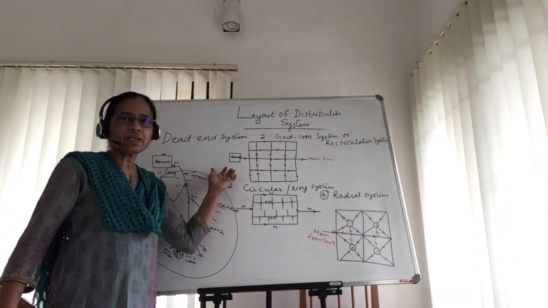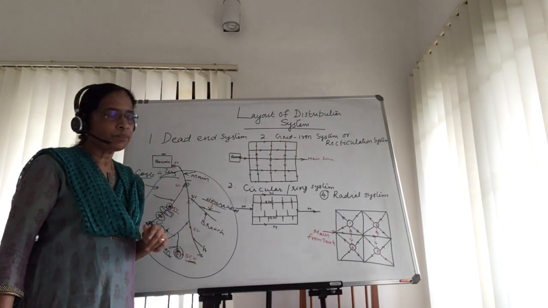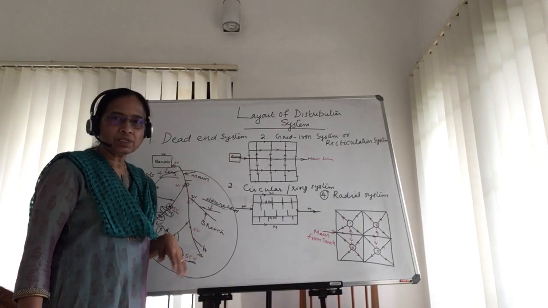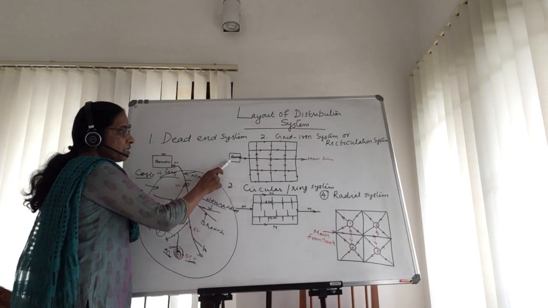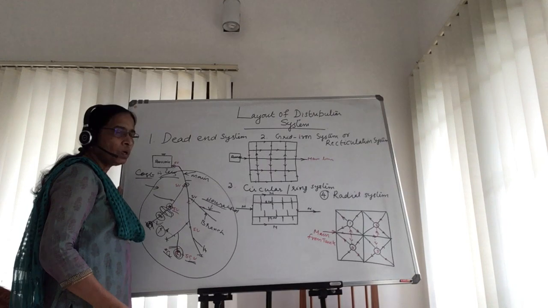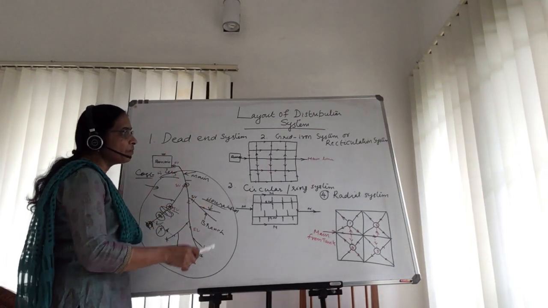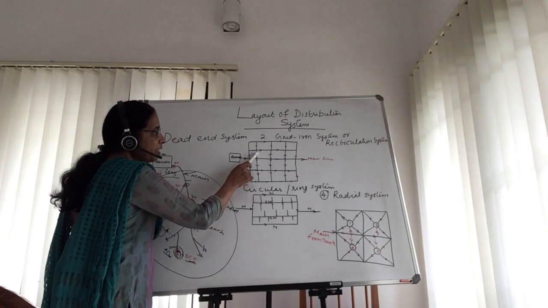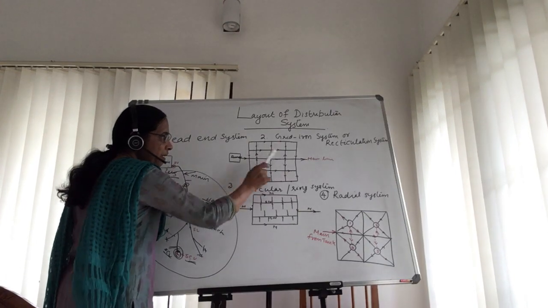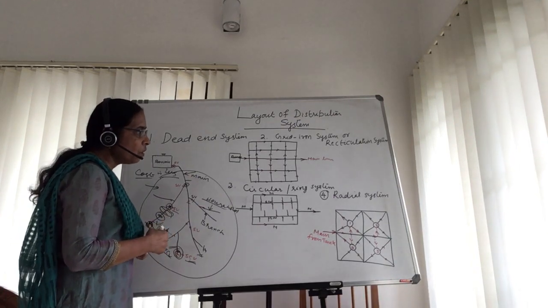Okay, now the second system is the grid iron system, or reticulation system. In this particular sketch, you can see that from the reservoir there is a main line passing through the center of the city, or through the network. Then you are taking the branch lines from this main line, and all these submains,